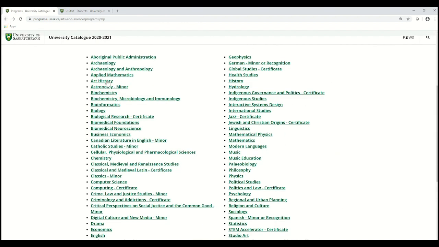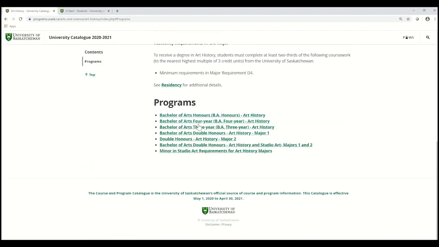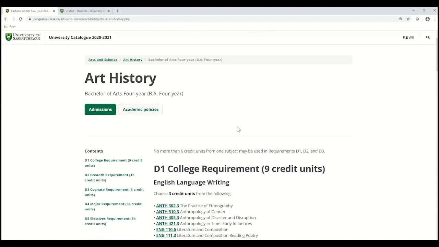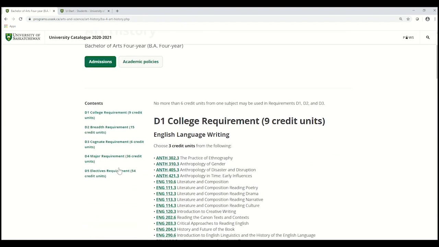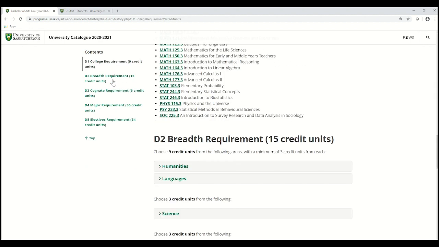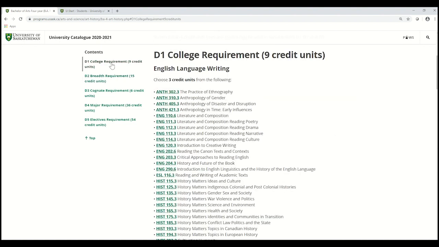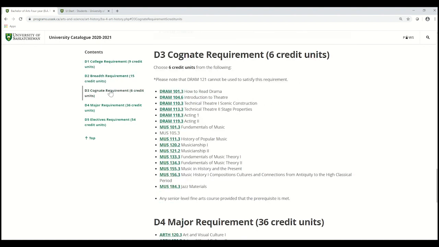So the only other thing I'd like to really stress here is that when you're looking at programs, first of all, look at a bunch of different programs. Look at how they're structured. They're all pretty similar in that they have these 5 different categories. But also think about how it's important to take these things not in the order in which they're presented. This isn't linear, right? But take things that would fulfill breadth requirements, college requirements, cognate requirements, perhaps,